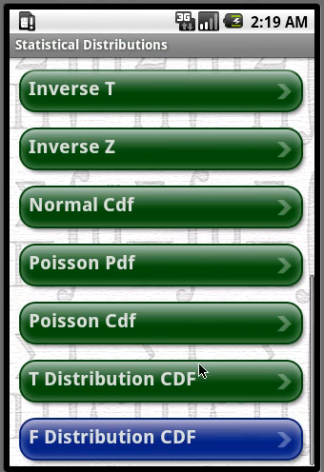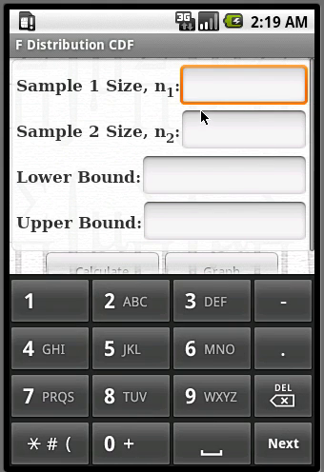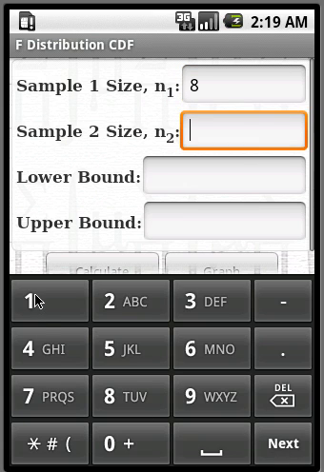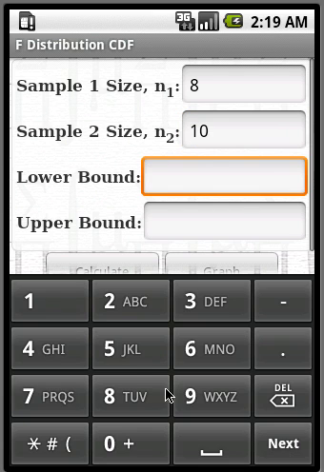So I'm going to click on that, and now the F distribution depends only on the two sample sizes. So you'll notice that you'll want to enter only the two sample sizes and then the bounds that you're interested in. So I'm going to pick a particular problem here from the book, and the first sample size is 8, the second sample size is 10, and I want to find the probability that a random variable would be between 1